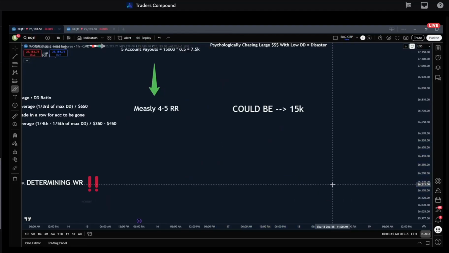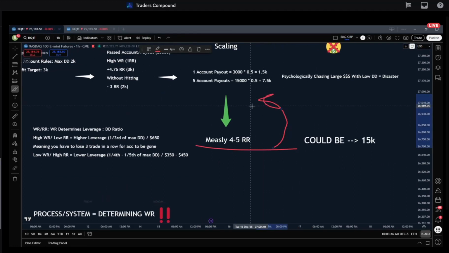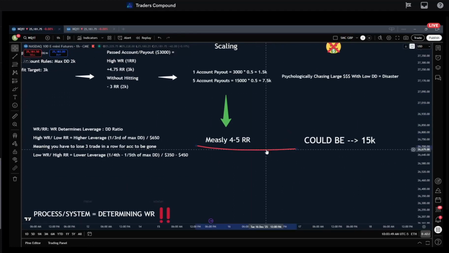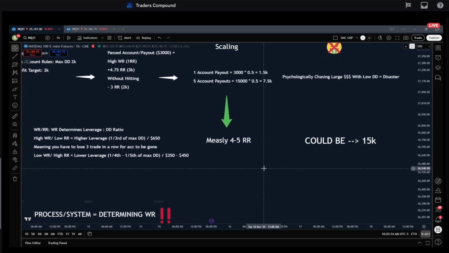But I also wanted to mention this because breaking this down quite literally and showing a realistic number and breaking down the math behind it, once you understand that, it makes it a little bit easier to be patient. One of the things that helped me is when I really stepped back and crunched numbers on what a realistic return was for me and how I could manage that. And when I realized I only needed 4 to 5 RR a month to cycle a payout, holy crap, that's enough, right? I was able to sit on my hands, without pressure to execute every day, because I knew what a target looked like. And I knew a target was completely realistic.